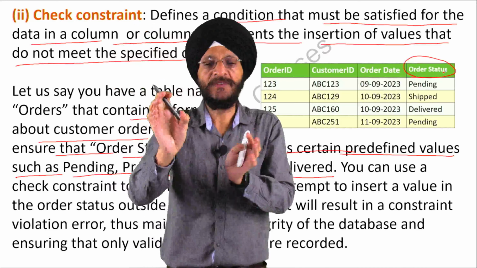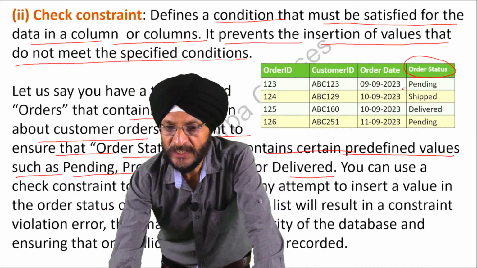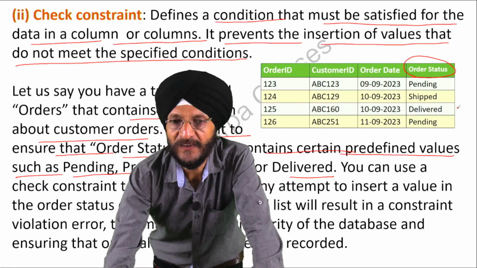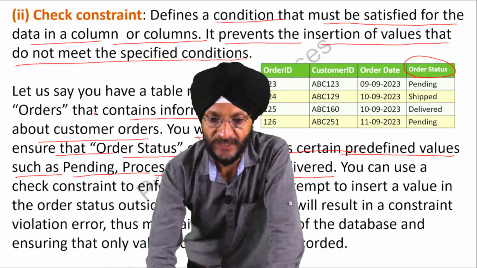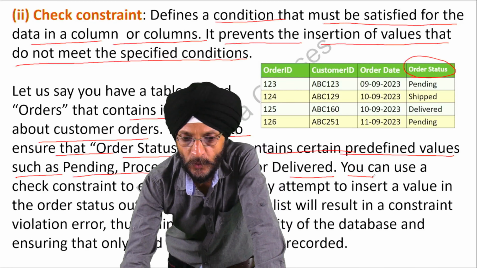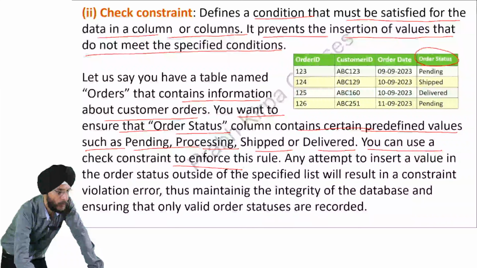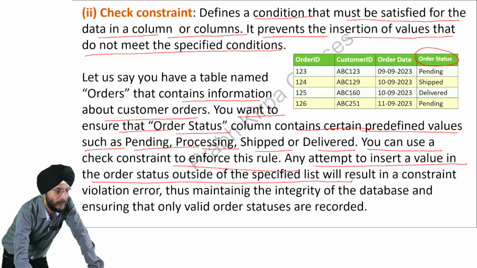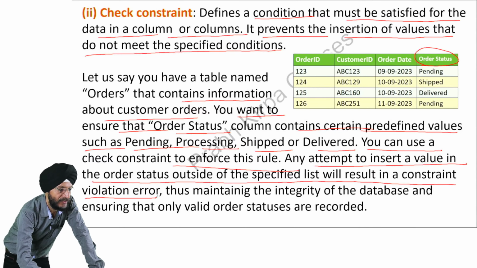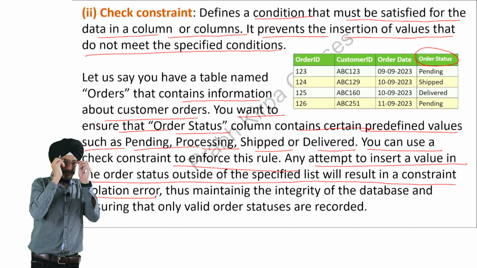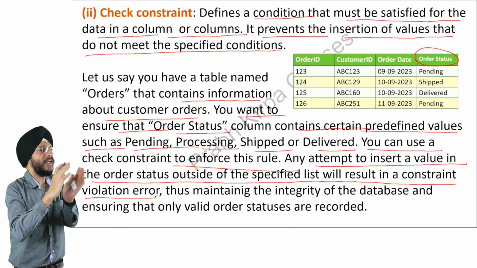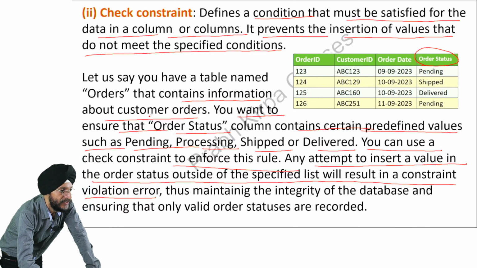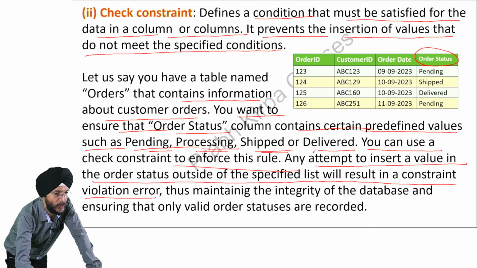The options will be given such as the order is pending, order is shipped, order is delivered, or under processing. You can use a check constraint to enforce this rule. Any attempt to insert a value in the order status outside of the specified list will result in a constraint violation error. That is, if you try to insert any other data outside these four, pending, processing, shipped or delivered,